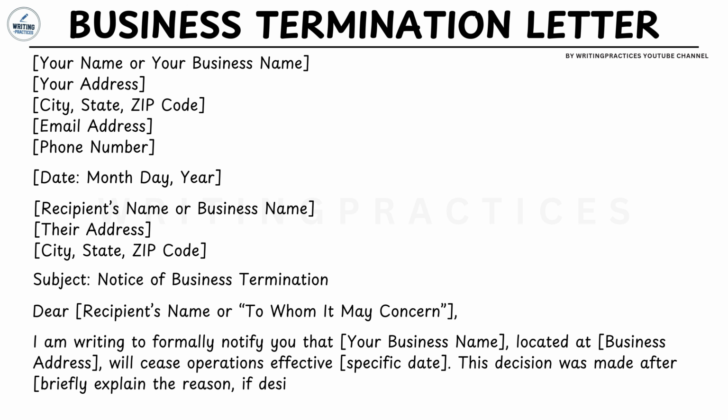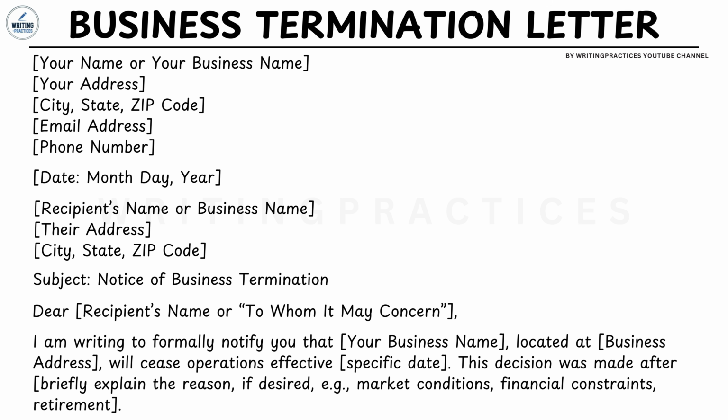You can also briefly explain why this is happening, whether it's due to market conditions, financial reasons, or other circumstances. Keep it concise and straightforward. Being clear about the date helps your recipient plan accordingly, whether they're awaiting a final order or working on other logistics. A brief explanation of why you're closing down can also help soften the news and show that it's a